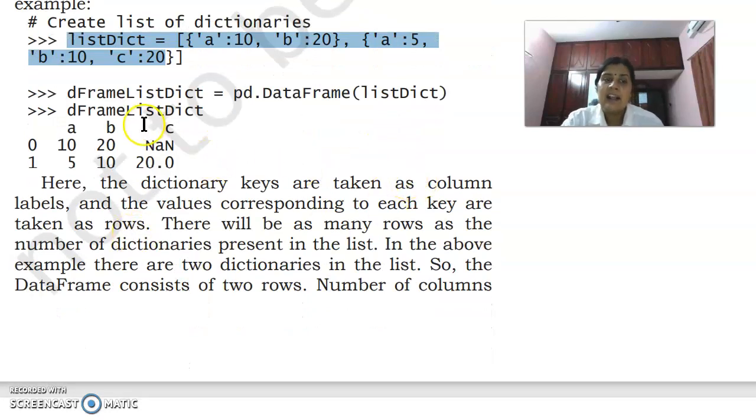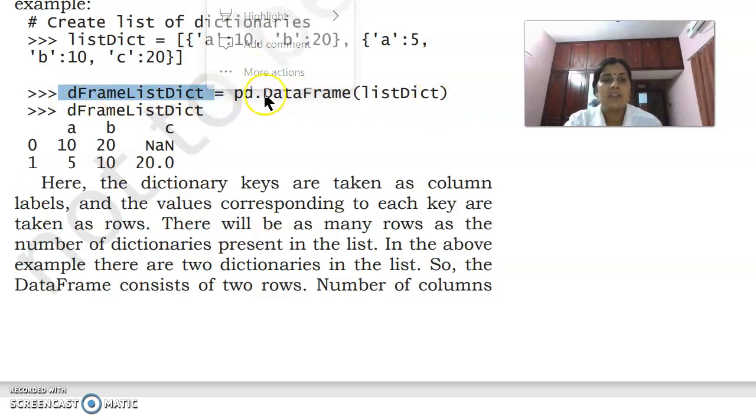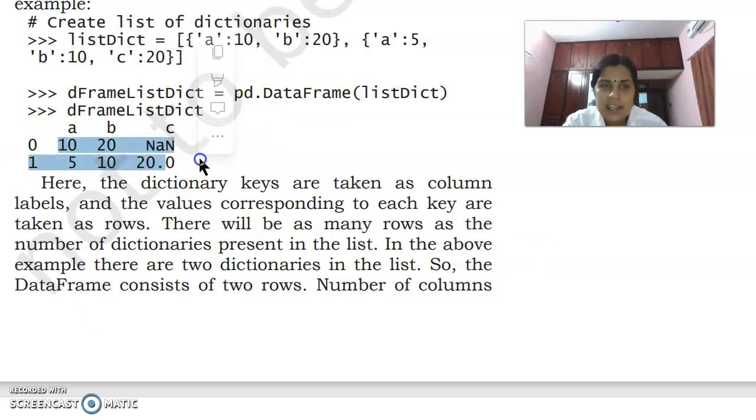Dictionary is created. Here we are creating an object for data frame, pd.DataFrame, inside the bracket we are passing this dictionary variable. Then by using the dictionary, a data frame is created when we are printing. Why here NaN?